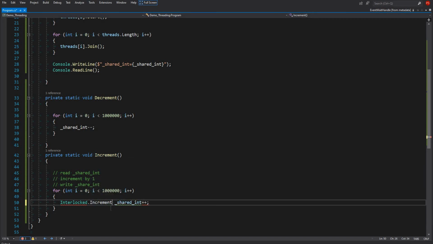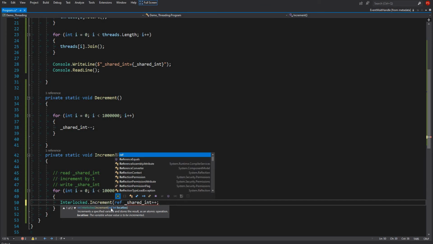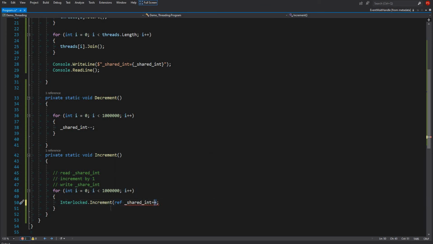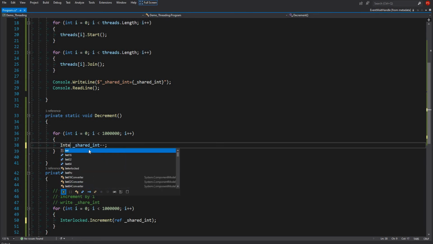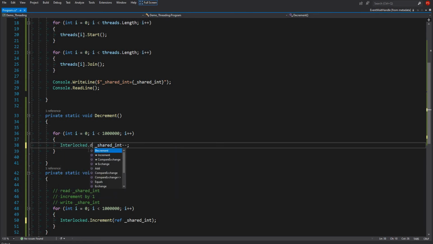Interlocked.Increment takes the reference, or the memory location, like this, and then in decrement we use Interlocked.Decrement, which will take it by reference like this.